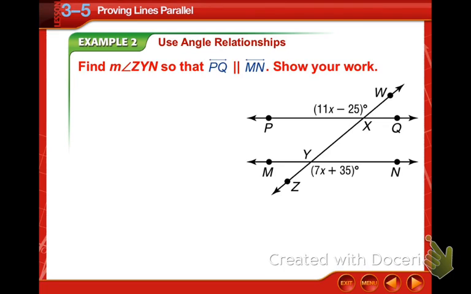Okay, so our next one, we are given that we need to find the measure of ZYN so that they are parallel. ZYN is an alternate exterior angle to WXP, which means those two should be congruent if these two lines are going to be parallel. So all we have to do is set these two expressions equal to each other. So 11x minus 25 equal to 7x plus 35. I'm going to solve for x and plug it back in to either of them to find what our angle would be, ZYN. So subtracting 7x from both sides